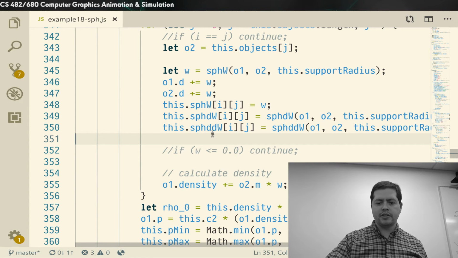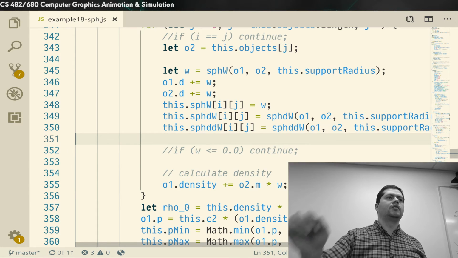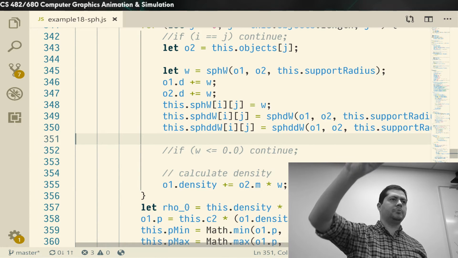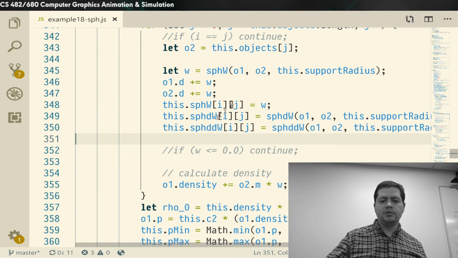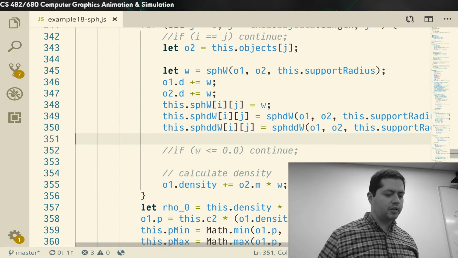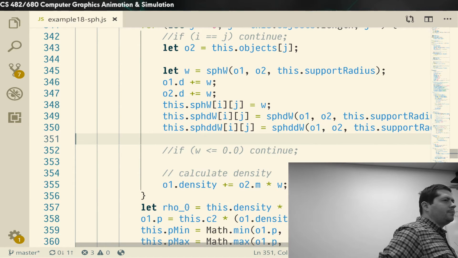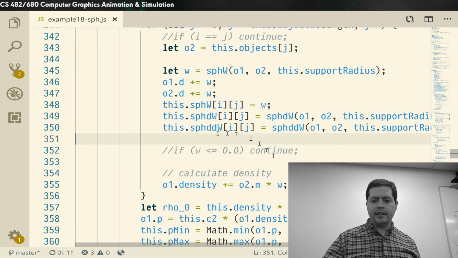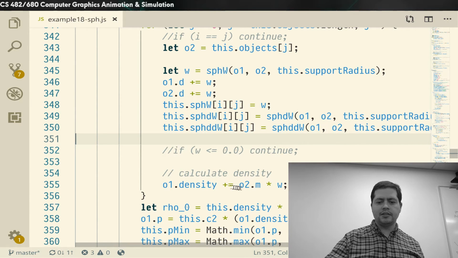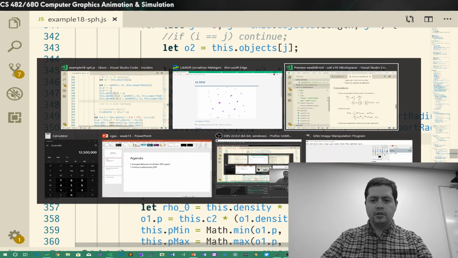So then I have a matrix, I figured I might as well calculate all of the respective SPH kernel weights, and this is for W, DW, and DDW because we're going to use those for the Laplacian and for the gradient. Okay, and then I calculate the density. So we just said it's O2.m times W. So that's, if we look over here,